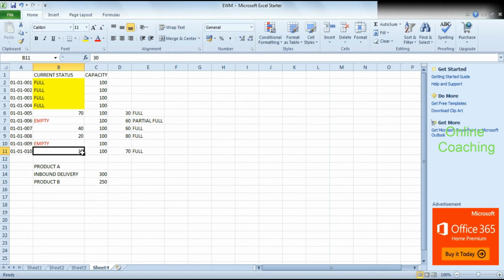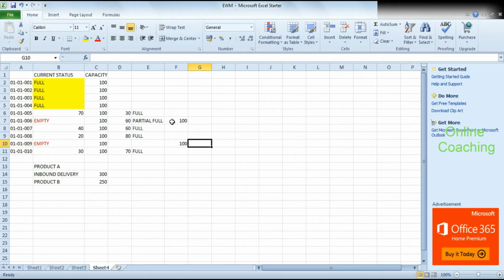So in that case, if you're using an addition to existing stock, the system will skip these 4 bins, because there's already a product A out here, and then it will do a placement of 100 each in bin number 6, another 100 in bin number 9, and it will say that you can only do a partial put away, because for the other 50